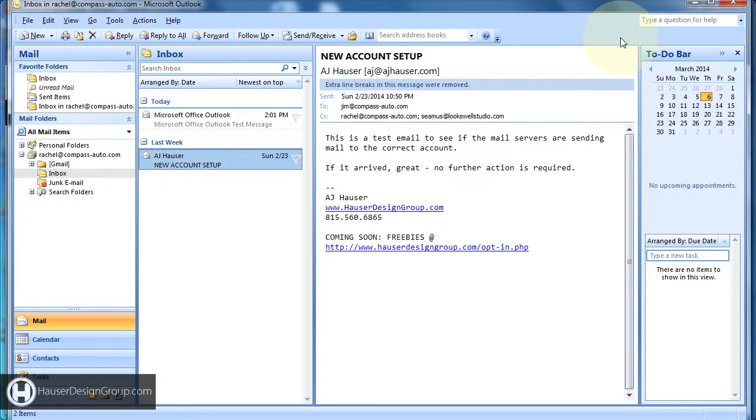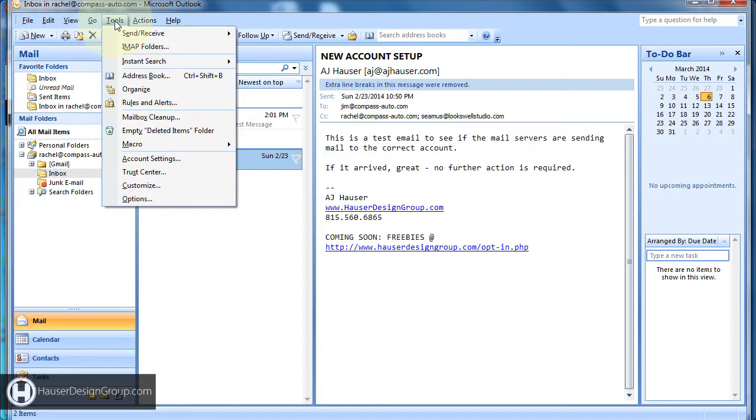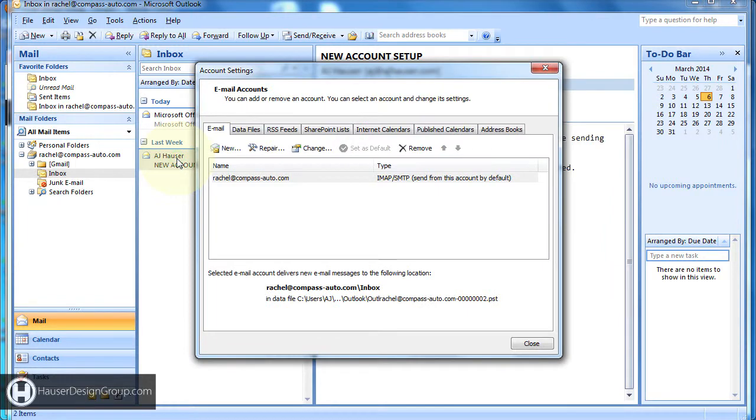Okay, so now that we have that primary account set up, we're going to add that second account, just so you can see how you do it from this screen versus how you would do it when you install the program from scratch. So I'm in Rachel's inbox right now. I'm going to come up here to Tools, and I'm going to click on Account Settings. Brings me up to the email tab. I'm going to click New